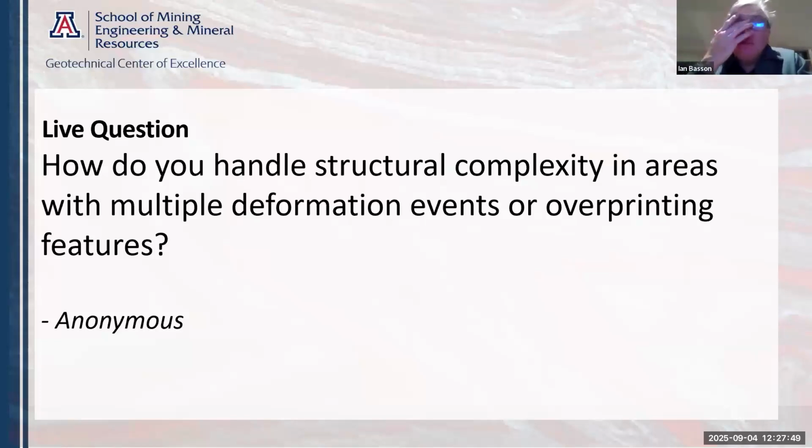So that's the way we handle it at Tech, is do a bit of background research. Don't go in blind. Don't climb off the plane and think you're going to do some productive mapping. School yourself first as to what's happened before you get there. There'll always be overprinting features. Usually they're brittle because tectonics tends to outlast the heating phase of an orogeny, normally on any given Sunday. So there's usually a brittle-ductile and then a brittle overprint. So expect that as well and figure out how that might have propagated through your tectonostratigraphy or been inflected by contacts.